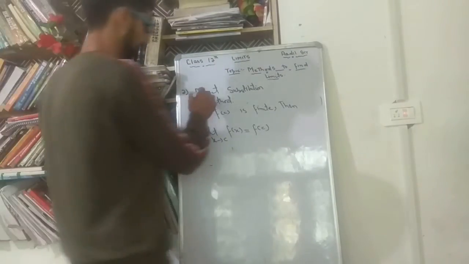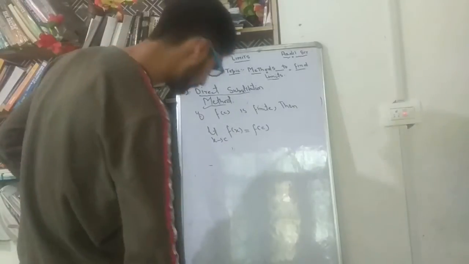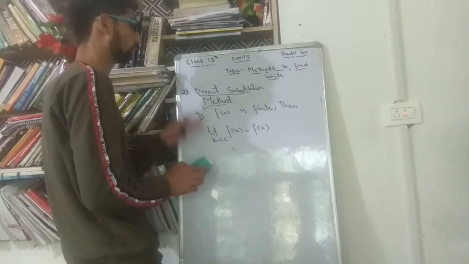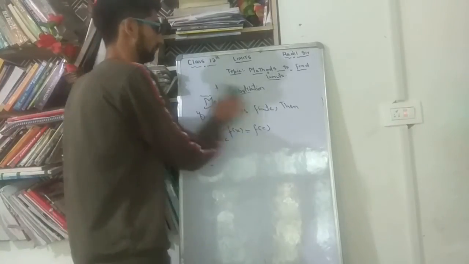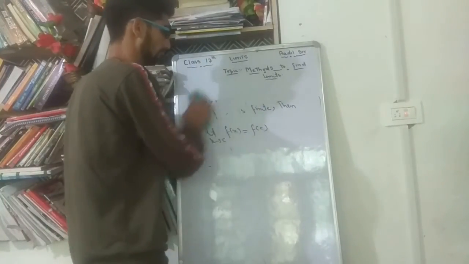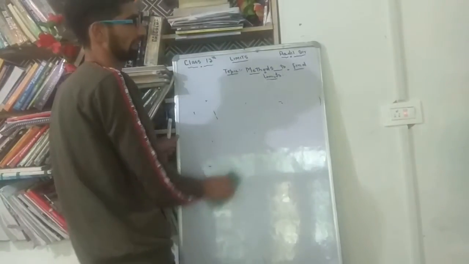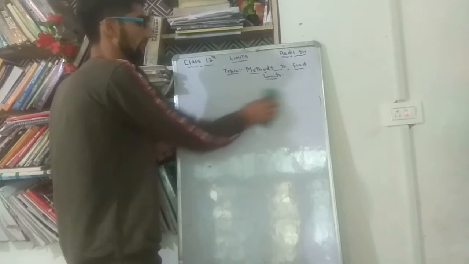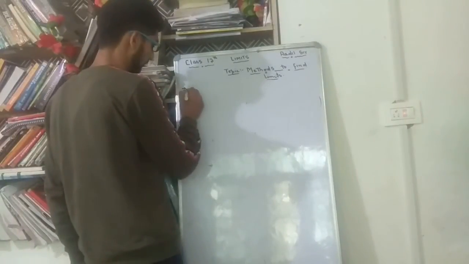This is our direct substitution method beta. So this method is very useful because it will solve half of the limits, and the rest of the methods will solve the other 50%. 50% is getting solved by this direct substitution method. Now the third method is beta